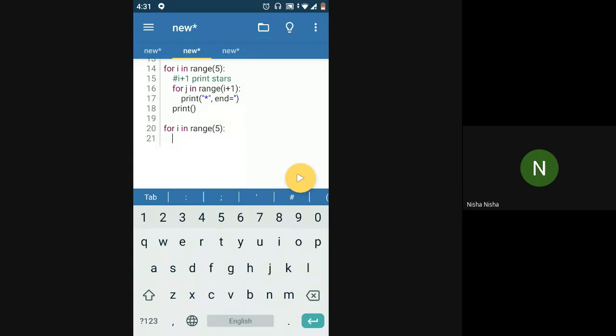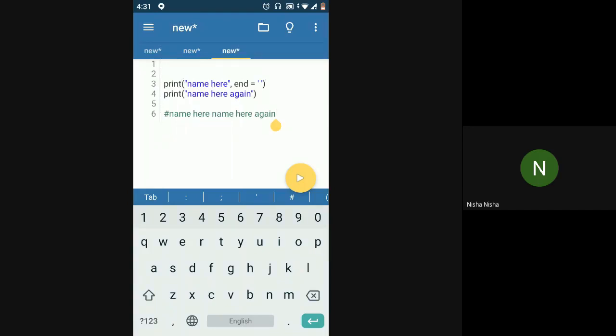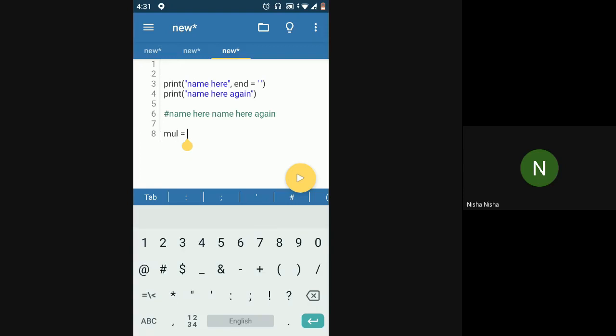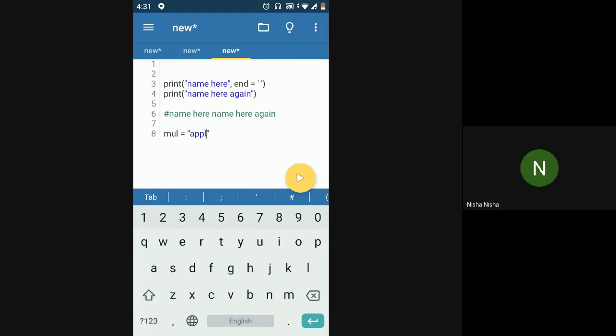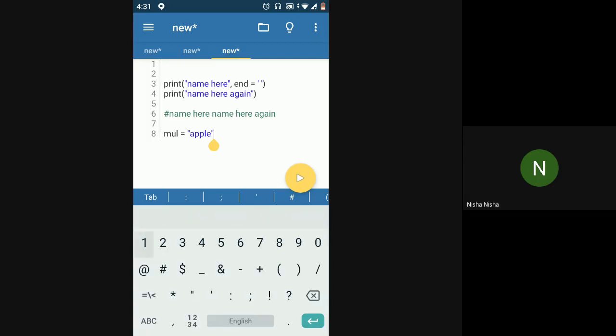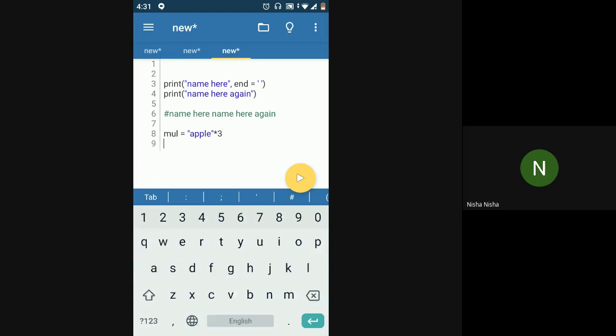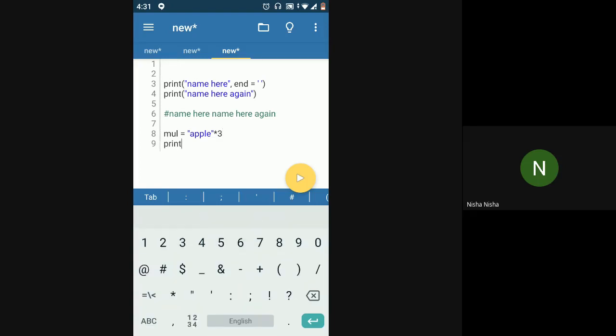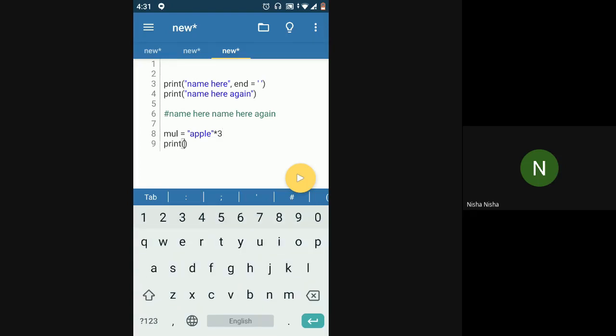So we have seen initially that if we have a string, say apple, and I have to copy this string 3 times, I can just say multiply by 3. And this apple will be printed 3 times. Basically, apple will be multiplied 3 times and saved into this mul variable.